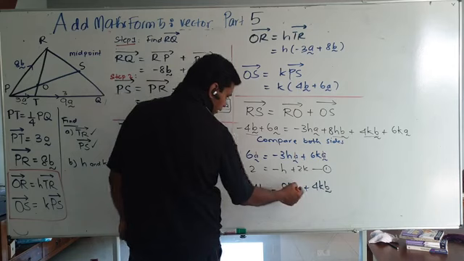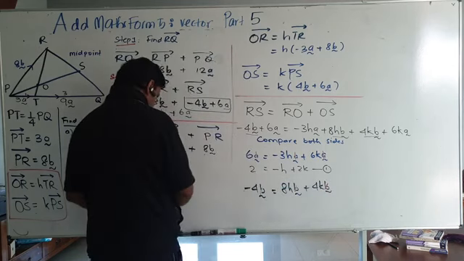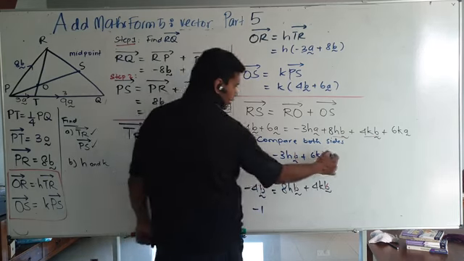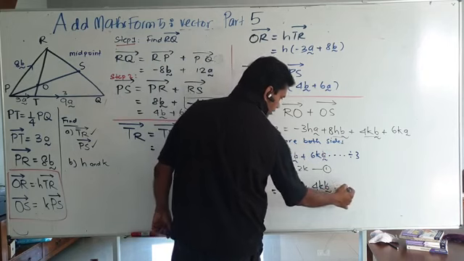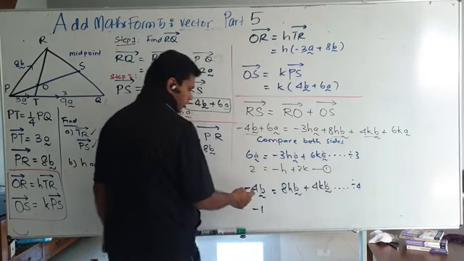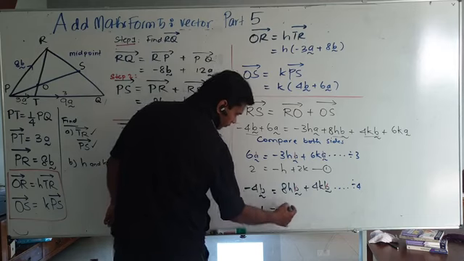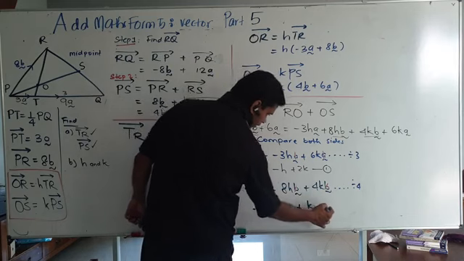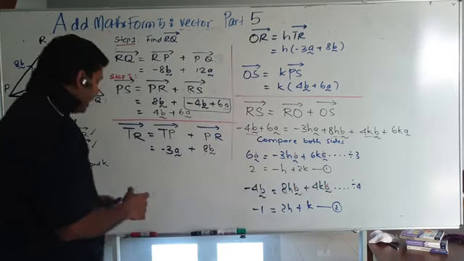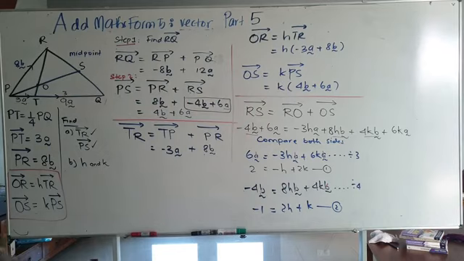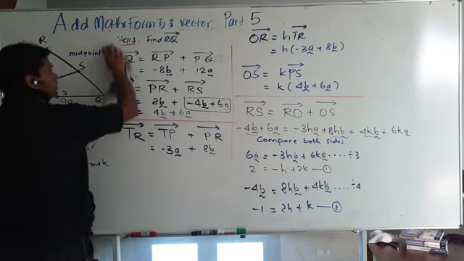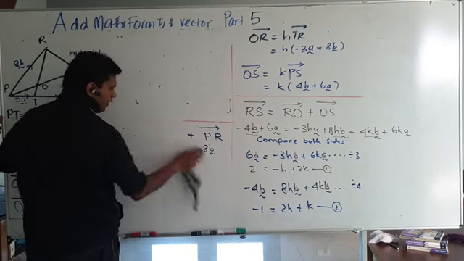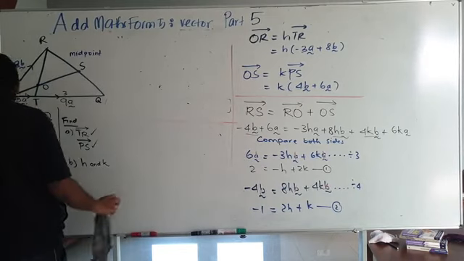All right, so cancel off the B and divide everything by 4. When you divide by 4, you're going to get -1. Here let's divide by 4, divide by 4, divide by 4. Correct? Equation number 2. And then now do your simultaneous equation. I'm going to erase this stuff. Do your simultaneous equation and then solve it and find the h and the k.